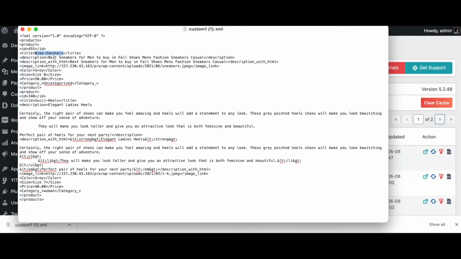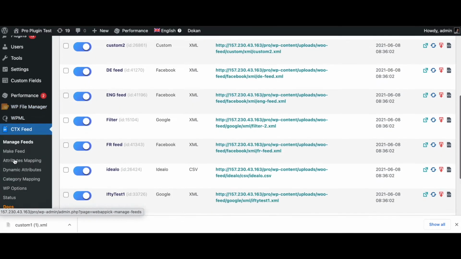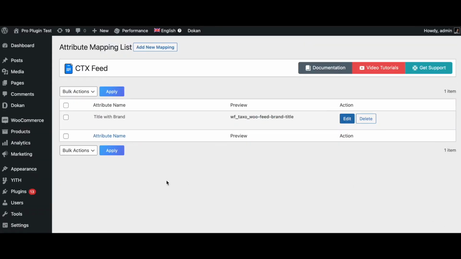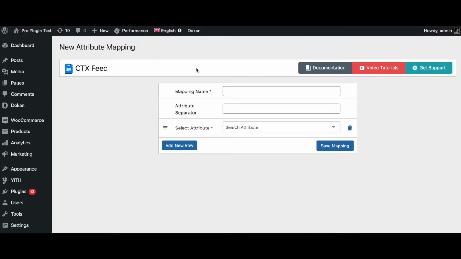However, as you can tell, this does not describe the product very well and contains minimum description. Let's go ahead and create a new title that has more in it. So let's go back to our attribute mapping. And let's go ahead and create a new one. Add new mapping.